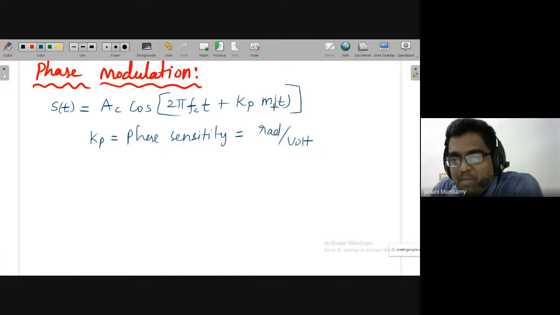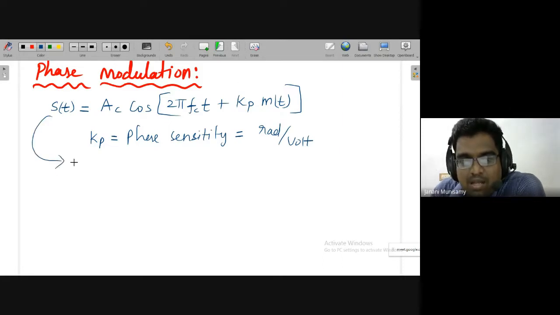If m is 2, I will be adding 2 kp to the existing phase. Already it is having some phase. Along with that, I am adding some new phase. This new phase is a function of time. I can rewrite the equation like this: S of t equals AC cos(2 pi fct